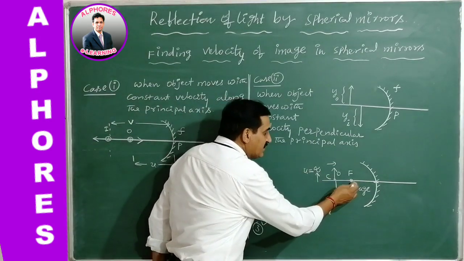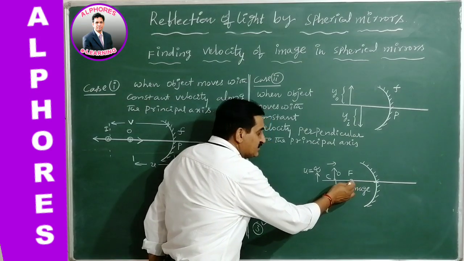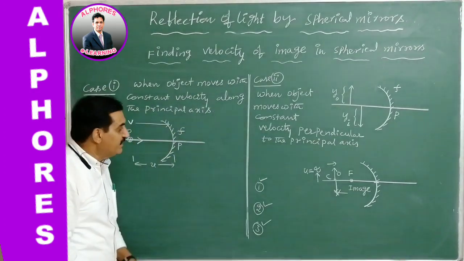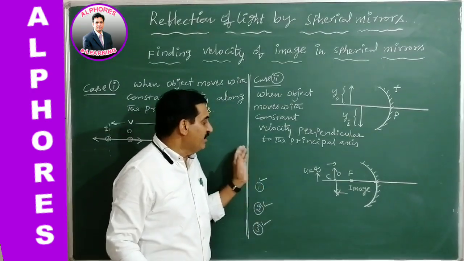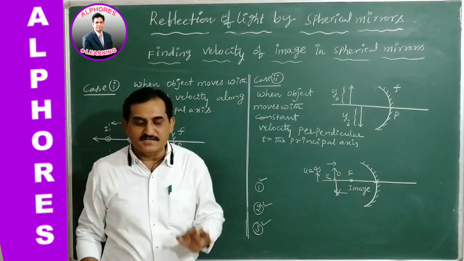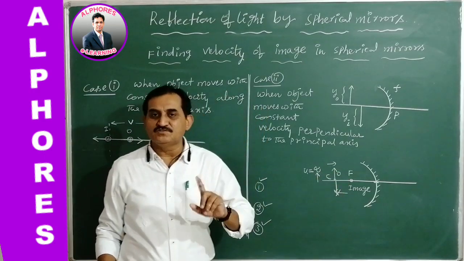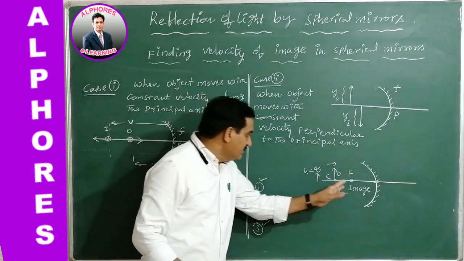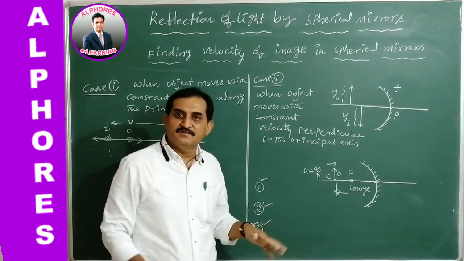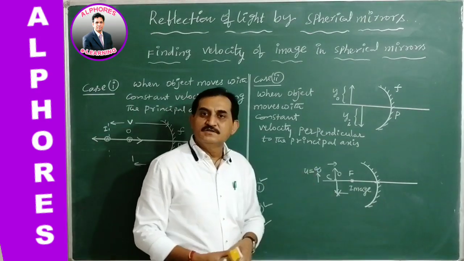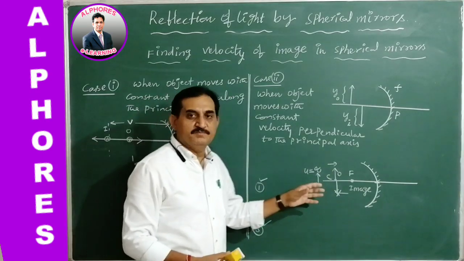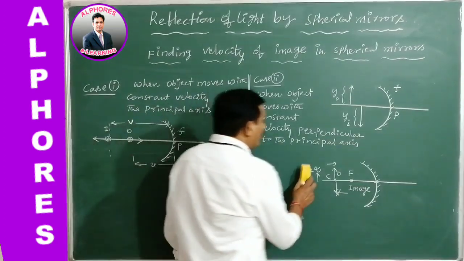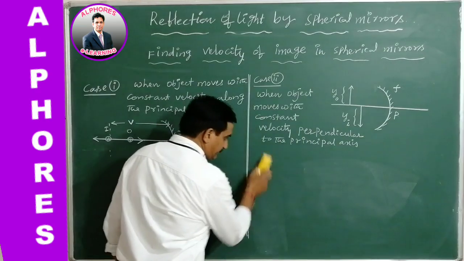As it approaches, the velocity of the image starts from rest and gradually increases to a greater amount. So finally, we understand properly that when the object is approaching with constant velocity, its corresponding image speed is not constant, it is variable. It starts from rest at the focus point and gradually its speed increases further and becomes maximum. So these are the basic points we should understand before going to the formulae related to the three cases. Okay, let us go for the first case.